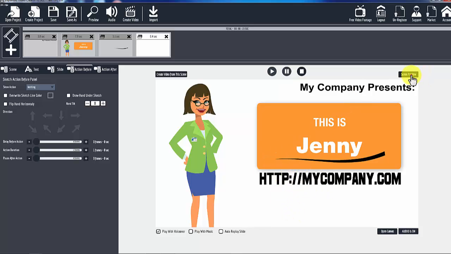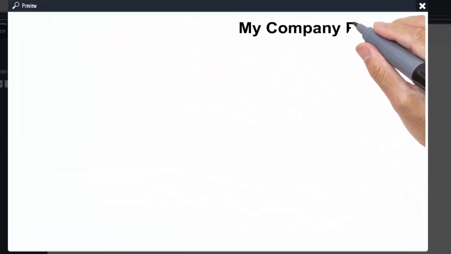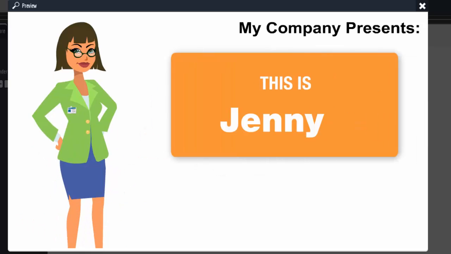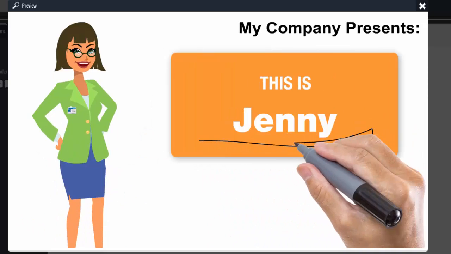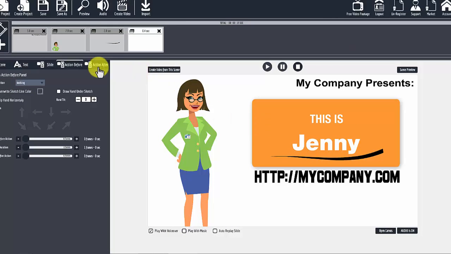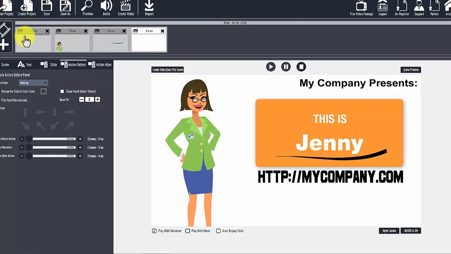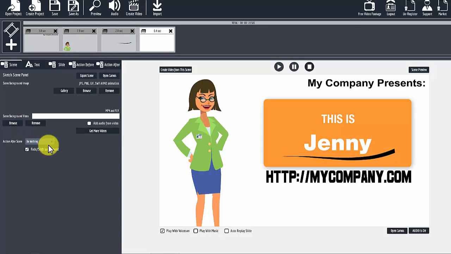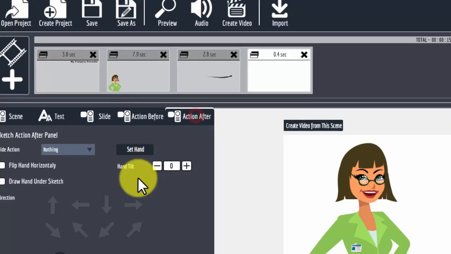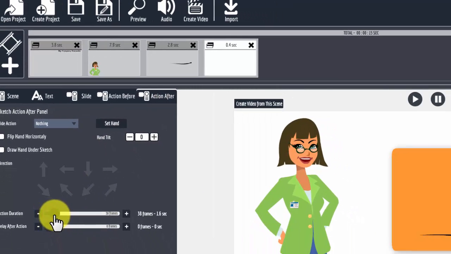So just check this out. Complete scene. Alrighty then, boom. Okay, so everything worked there. Now understand that all this here is one scene. Come over here to scene. Now it just stopped, so I like it to fade out. Okay, so this is where you can use the action before, action duration, let it fade over